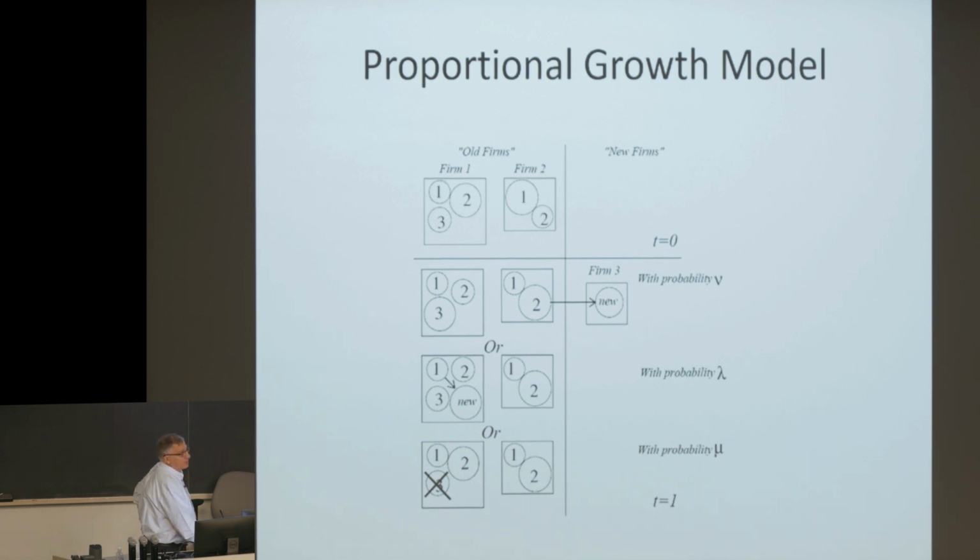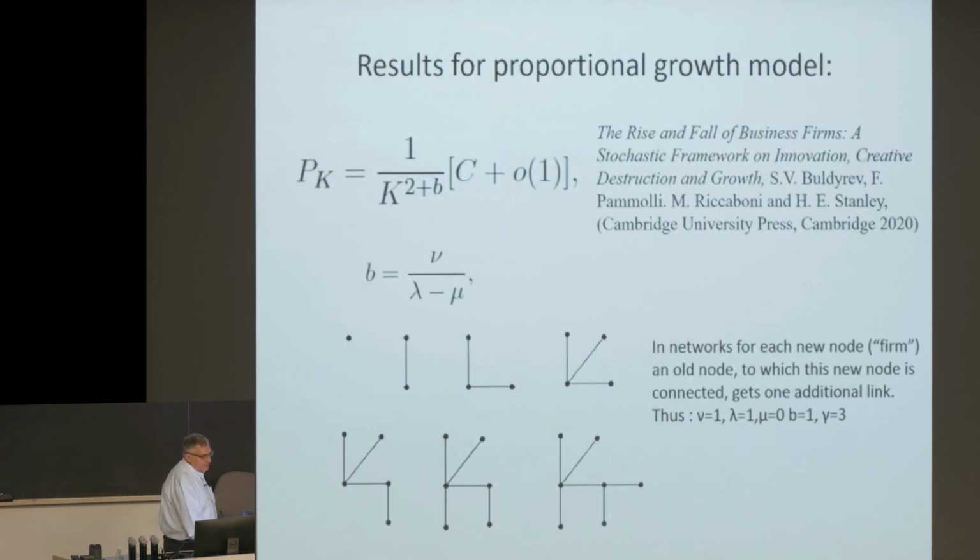The same thing, so that the firms may consist of certain units, and each time a new firm can be created with some probability, and also a new unit inside the firm can be created. So then you have these three parameters, nu, lambda, and mu, which describe this proportional growth model. And then after some very little algebra, more or less of the same sort that I demonstrated before, you have